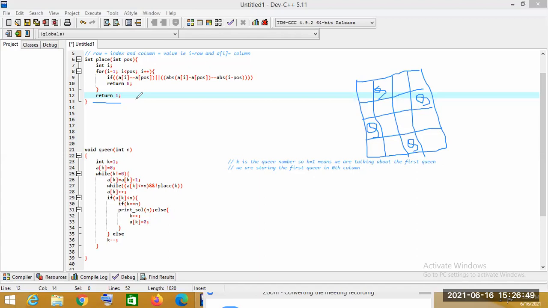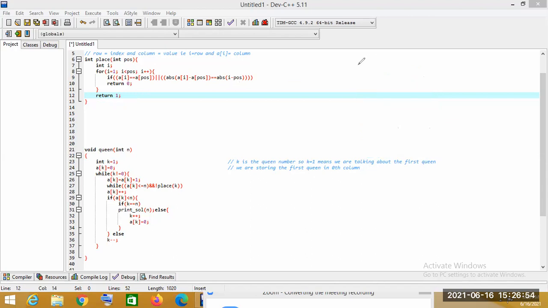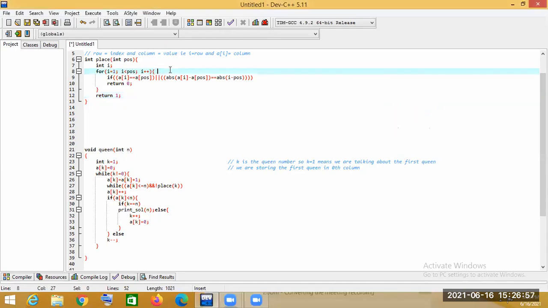So this loop will check, let's write it, from the first row to the current row minus 1.